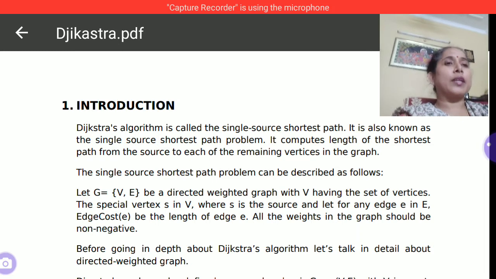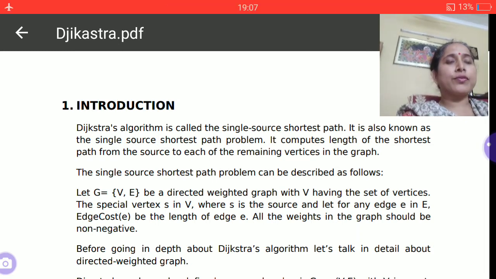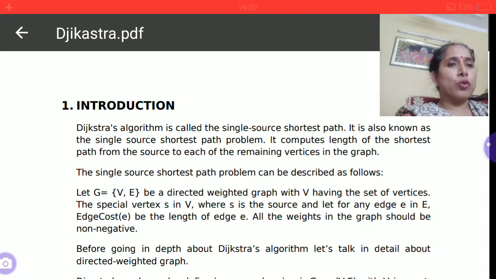When we talk about graphs, you all have seen a graph is a combination of vertices and edges, and the purpose of Dijkstra's algorithm is to find the distance between any given node, which is considered as the source, and any given node that is known as a destination, that is u and v. U is the source node and v is the destination node.